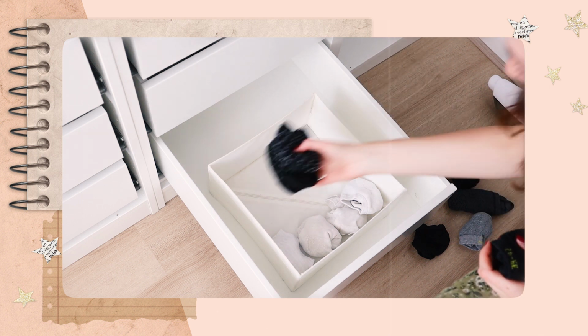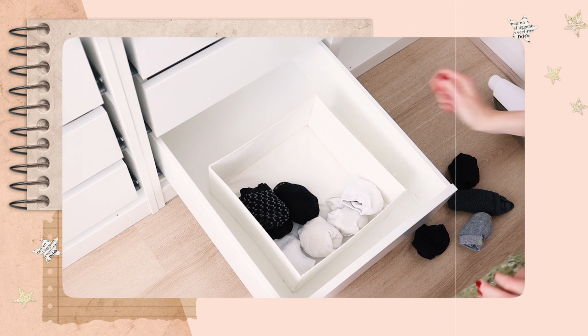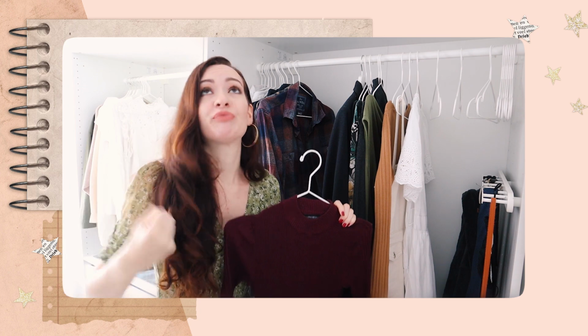Do you also have socks that you don't like to wear but still keep? Stop doing it. Not worth it. You know when you have to try something on and your head just...